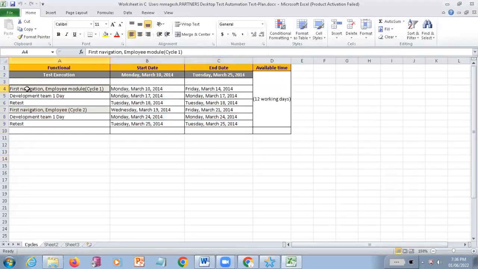So for the first employee module page, when it is going to start, when it is going to end, totally how many days it is going to take. And the development team, when it's going to develop, when it's going to end, when it's going for the next level, the testing team related stuff. When they are going to start the testing, when they are going to end, and the recycling.